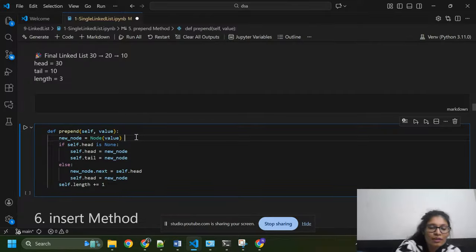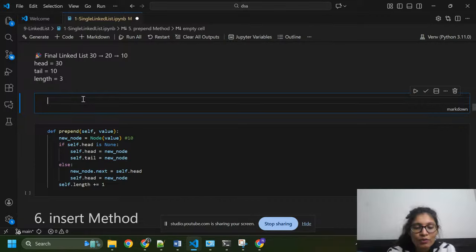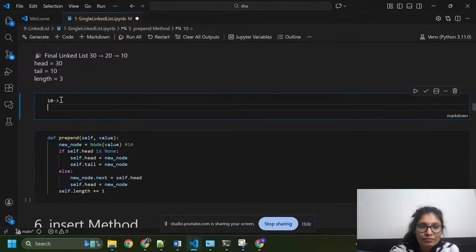First of all I initially have an empty linked list. So I'm going to add this 10, and this arrow will be next. 10 and next in the head. This 10 is called what? New node. 10 is our new node.